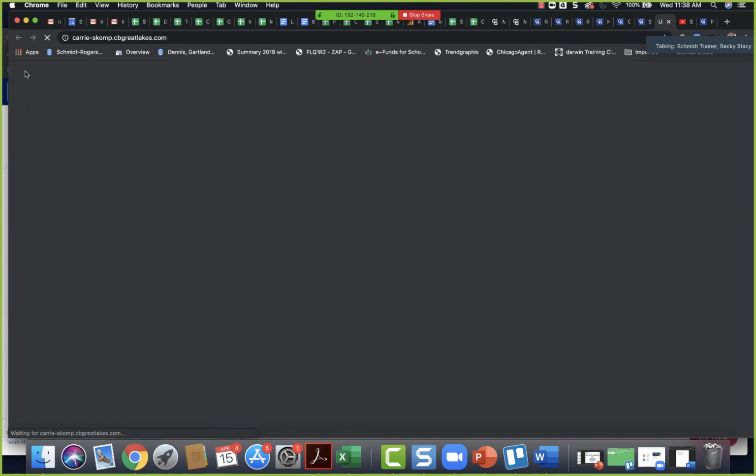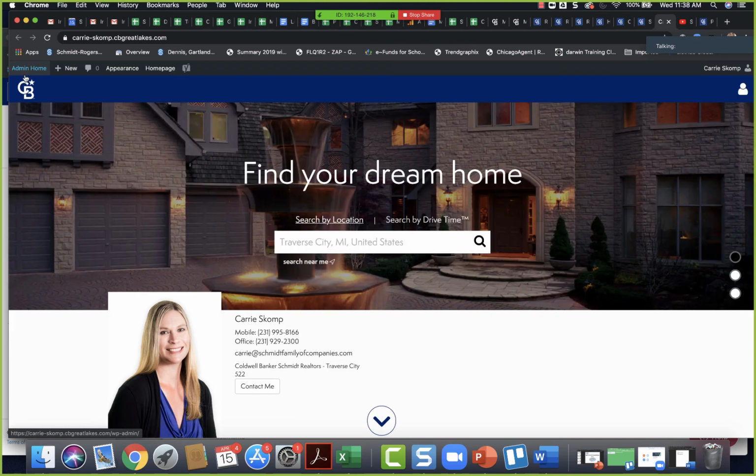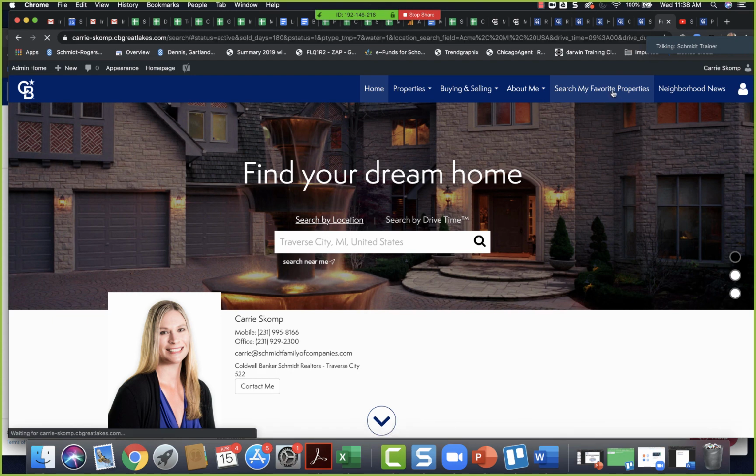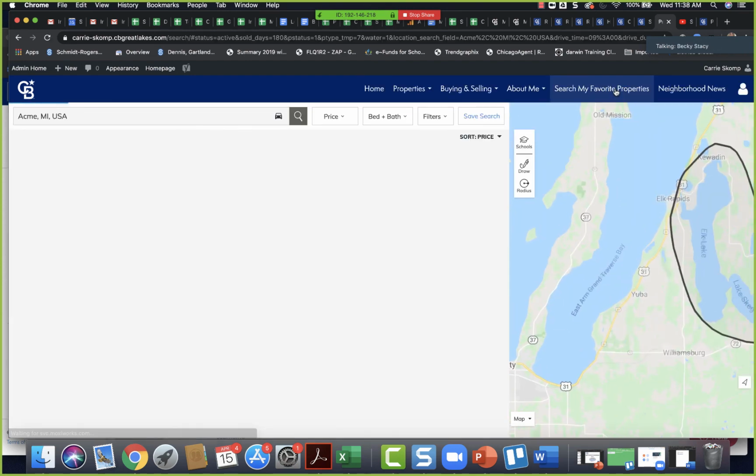So she did a few different things on hers to get them to show up on her website, but the one I just did, with what took me maybe a minute and a half, shows right up here in my navigation bar, search my favorite properties. Once I click on that,